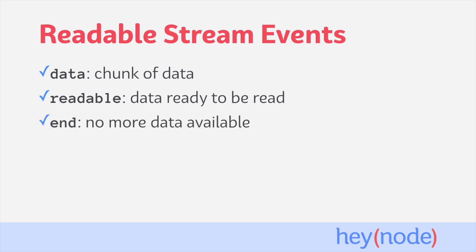Readable streams will fire an end event to signify that there is no more data available to be read from the stream. This event is fired by a readable stream to let you know that there's no more data that's going to be coming from the stream. Error events fire when an error has occurred within the stream. An error object will be passed to your handler if you're listening to this event.